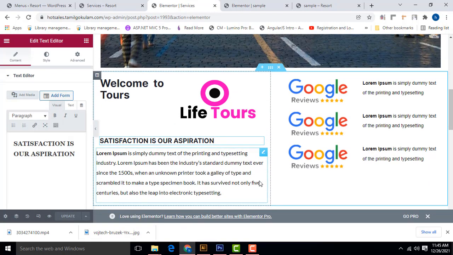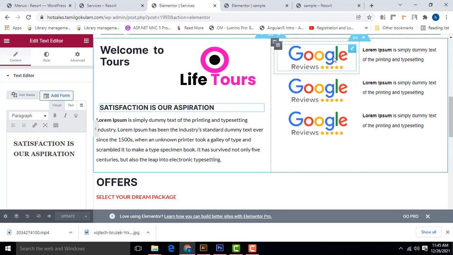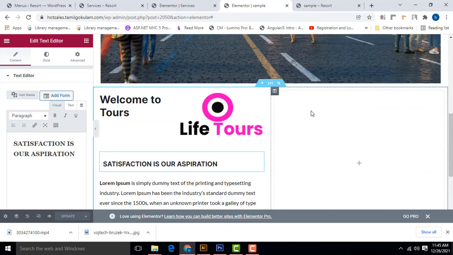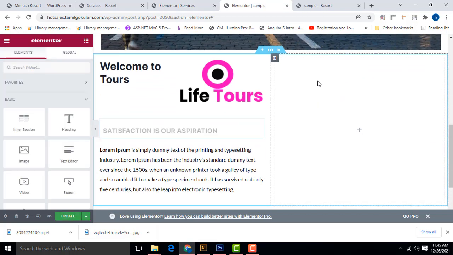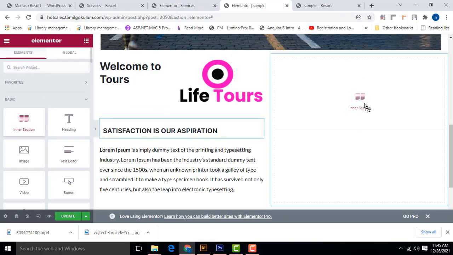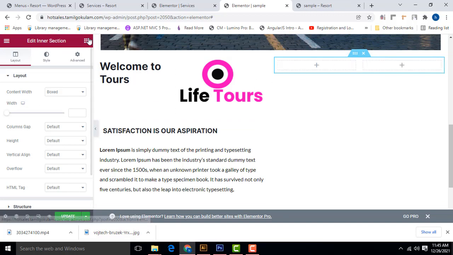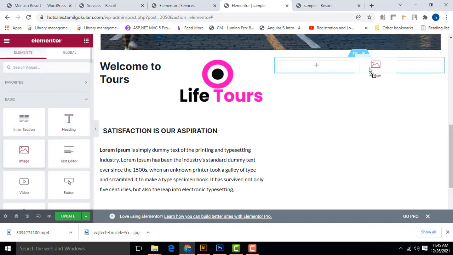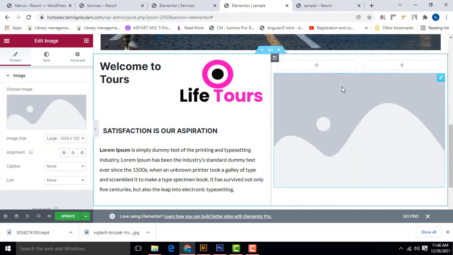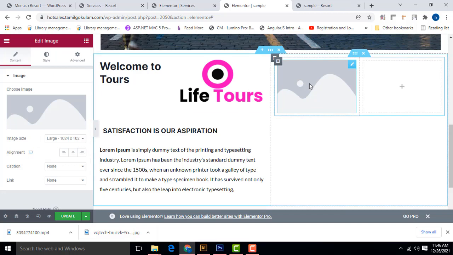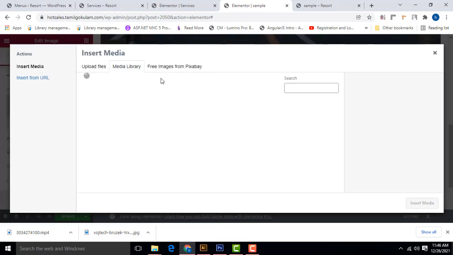Now what I am going to do here is I have to do these things. Go to this area. I am going to separate two columns. So click on this one, drag inline section 2. First, drag one image box over here. Sorry, not here, in this column. Drag and drop over here. Here I am going to bring one image.